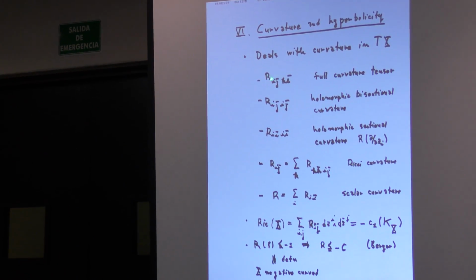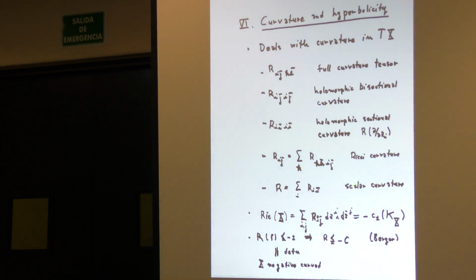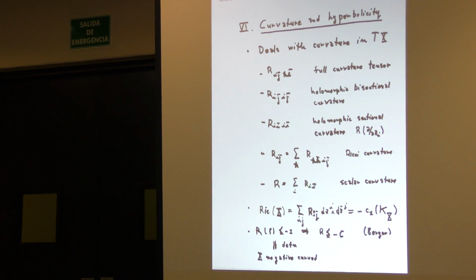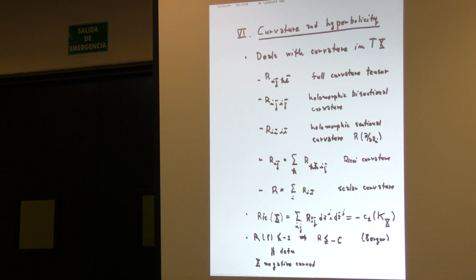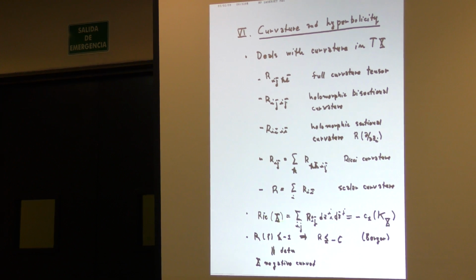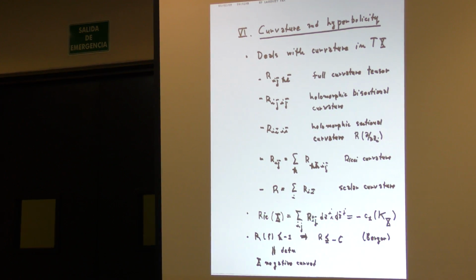And there's the Ricci curvature, which is the trace of this Hermitian matrix, and the scalar curvature, which is the trace of the Ricci. The Ricci is a differential form of type (1,1), which is Hermitian, it's real, so it has a trace. The Ricci is what turns up, for example, as the first Chern class of the minus the first Chern class